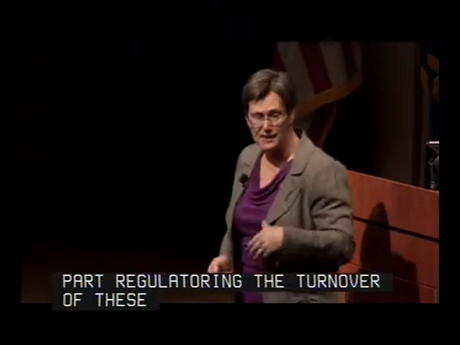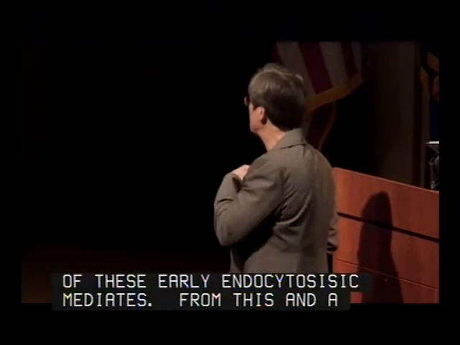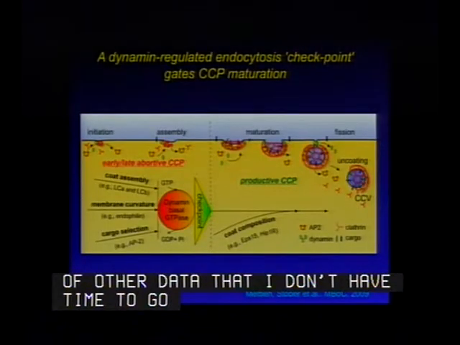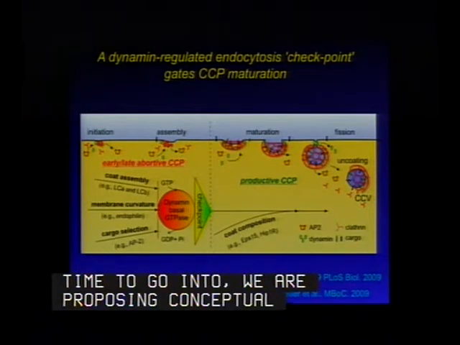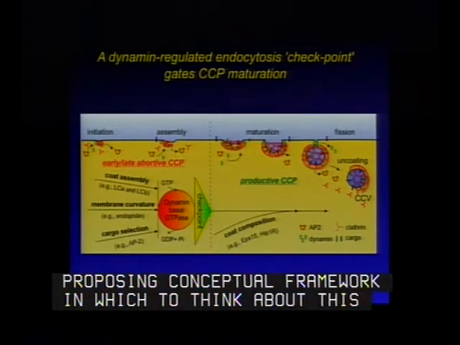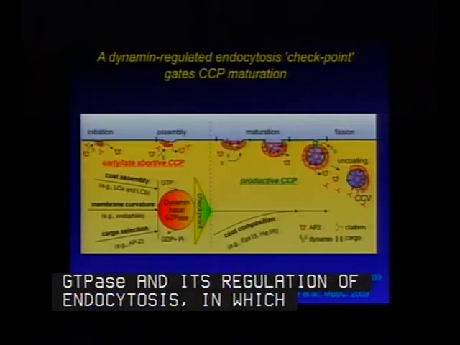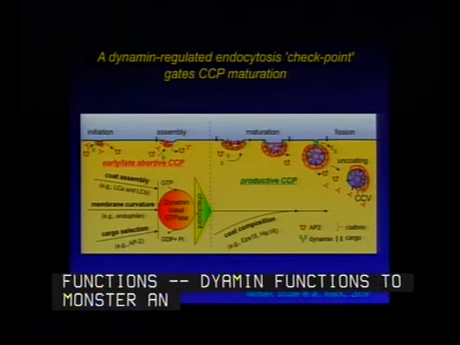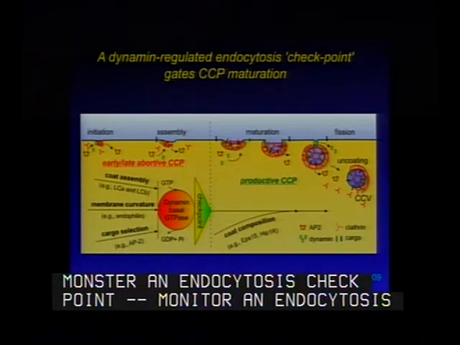So from this and a lot of other data that I don't have time to go into, published in these two papers in the last year, we are proposing a conceptual framework in which to think about this GTPase and its regulation of endocytosis, and in which we're suggesting that dynamin functions to monitor an endocytosis checkpoint. So the basal GTPase cycle of dynamin is controlling this checkpoint, and data I haven't had time to show you,